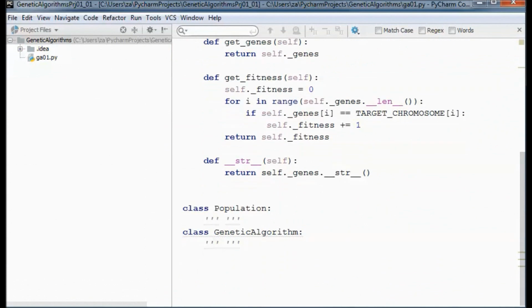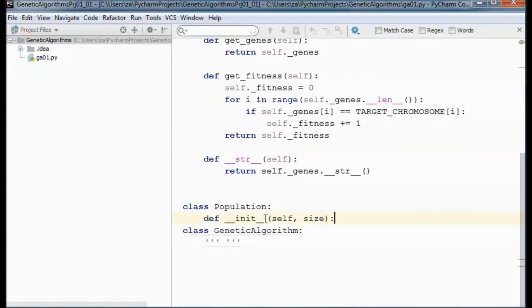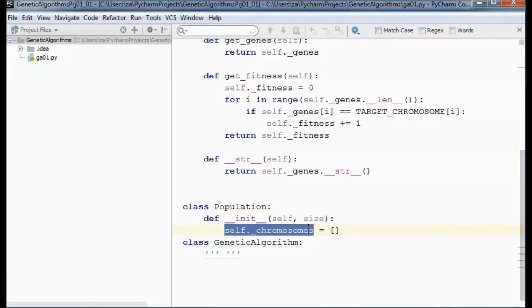Now going to the population class, I will have this constructor that takes in the size of this population of chromosomes, and we will use that size to instantiate new chromosomes and put them in this array.